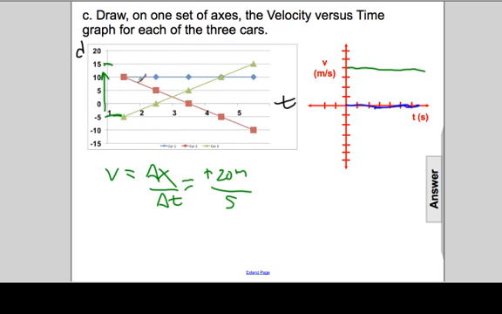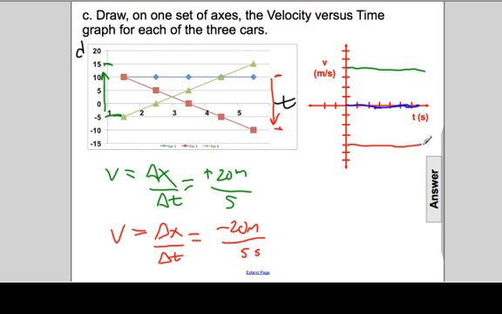The last graph, or the last car, it starts off at +10 meters and ends up at -10. This displacement is in the negative direction. The delta x is negative, so the velocity will be negative. So we'll draw velocity is displacement per unit time. And the result from this is negative 20 meters of displacement, which is interpreted from the graph, divided by 5 seconds. That will give us a velocity of negative 4 meters per second. So if we look at the answers,